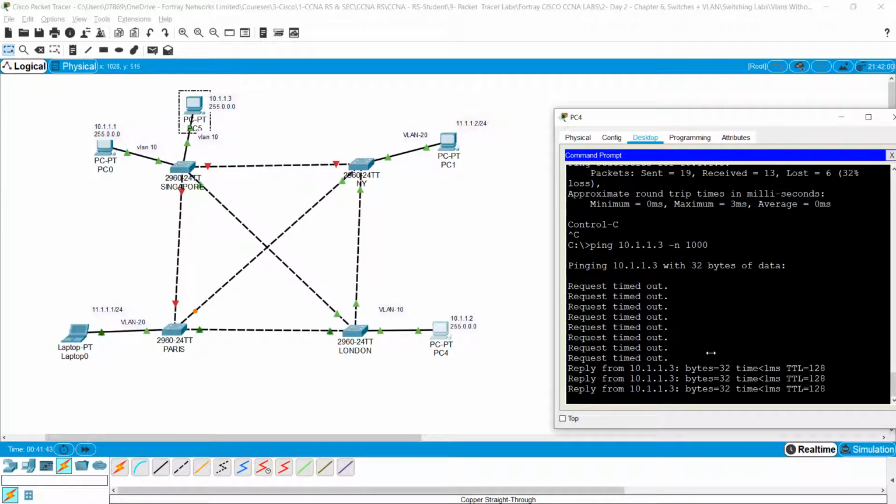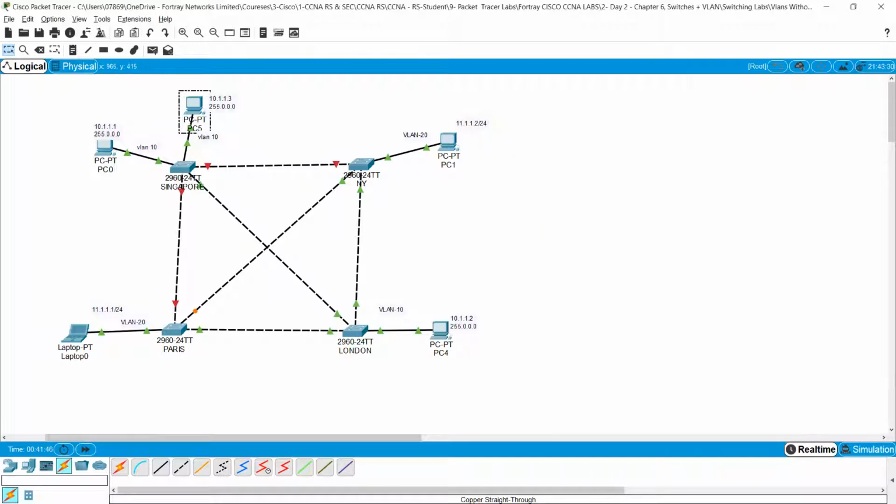Okay, there we go. You see, now I put in the right VLAN, and the communication is restored.